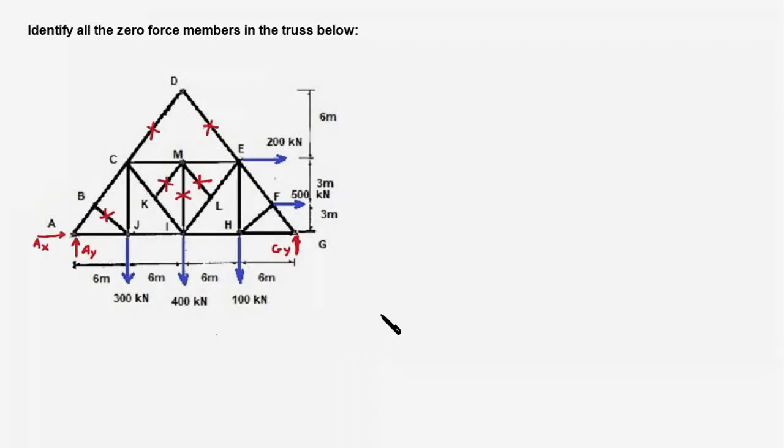I would like to share my experience with you with regard to the label 3201 for rule number 1. I found this string of digits quite appealing when I was a beginner, because these digits force me to look for 3 members, out of which 2 members are collinear and there is no external force, and then the third member would be a zero force member. So in the beginning, this 3201 was quite helpful in identifying zero force members,